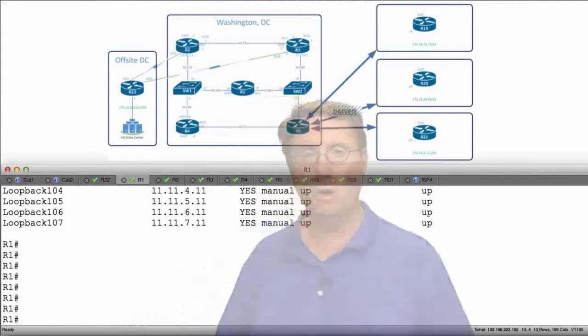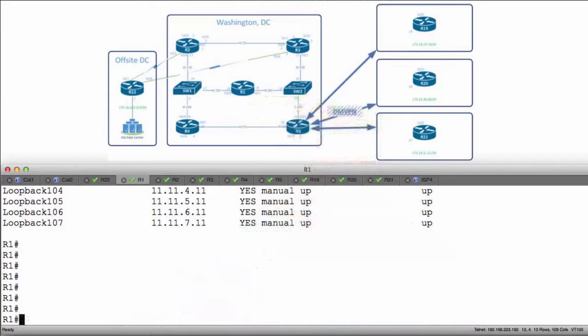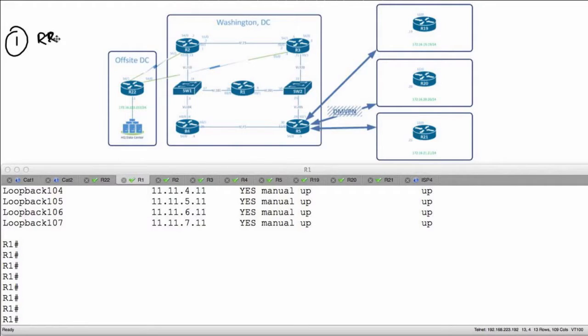Now, what I want to do is I'm going to focus on a two-way scenario. We're going to start first with scenario 1. Scenario 1 is going to say prefixes on R22 need to be advertised such that R1 will use R3 to be able to reach traffic. So what that's going to say is I want R1 to use this path right here to